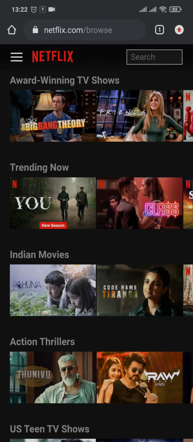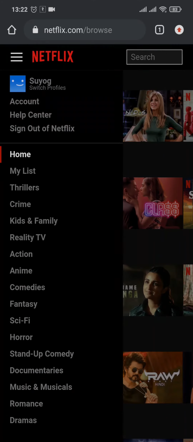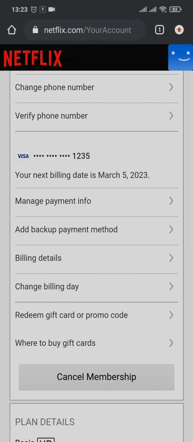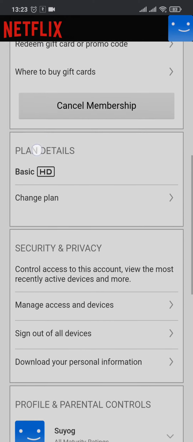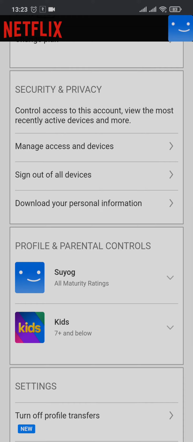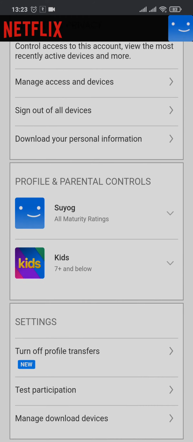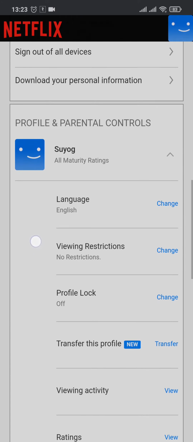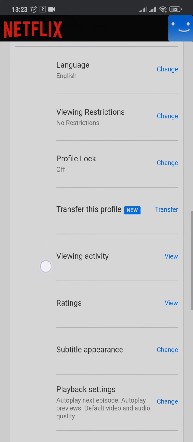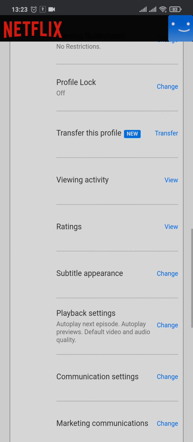Once you have been logged in, tap on the three lines which you see on the top left and a menu will open up. Tap on the account. From the Accounts tab, you just scroll down and under Profile and Parental Controls, just tap on your profile. Once you tap on your profile, you can see a couple of options on the bottom. Tap on Viewing Activity